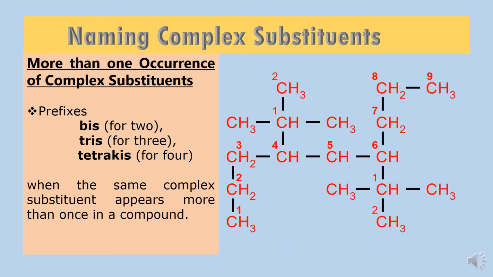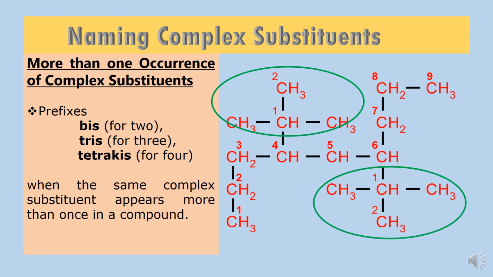Now this is again important. If two similar types of complex substituents are present in an organic compound. For example, here you can see as we select the chain starting from the left side, carbon 1, 2, 3, 4, 5, 6, 7, 8, 9. So a total of 9 carbon atoms are present in this longest chain, and two groups having a similar structure of 4 carbon atoms. Both of these are branched groups, and as you can see, these two complex substituents have exactly similar structure, and the name of these complex groups are